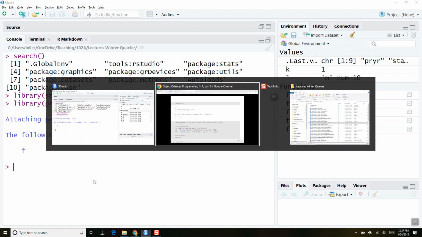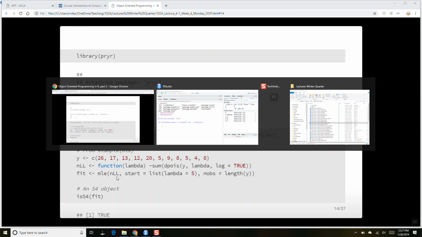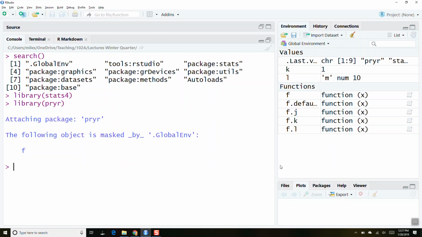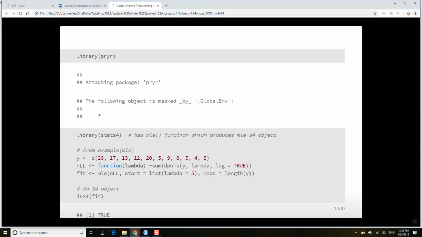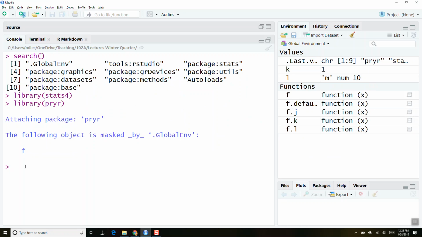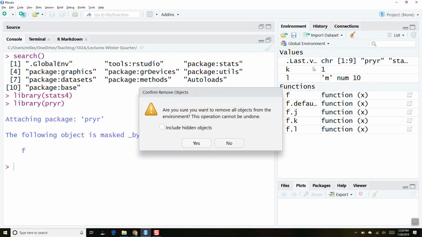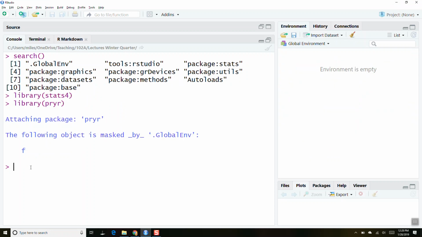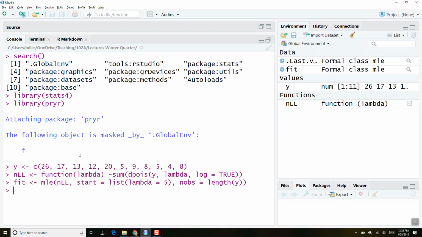Okay, we'll load these things here. And here I can create this MLE object, all right? So here, let me actually delete all of this out. We'll do this, okay? And so you can see the result of fit is formal class MLE, okay?